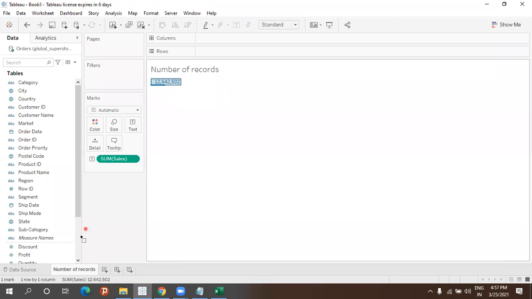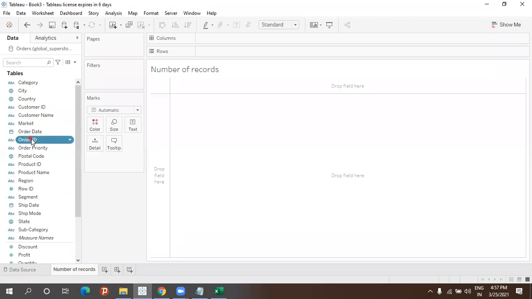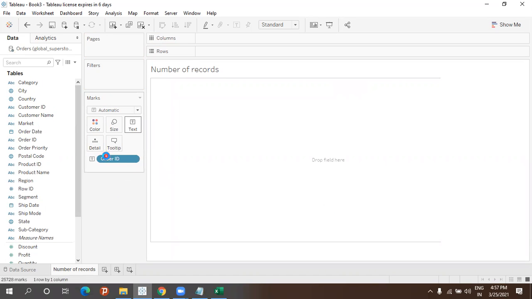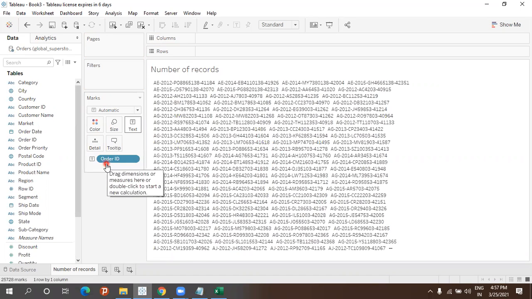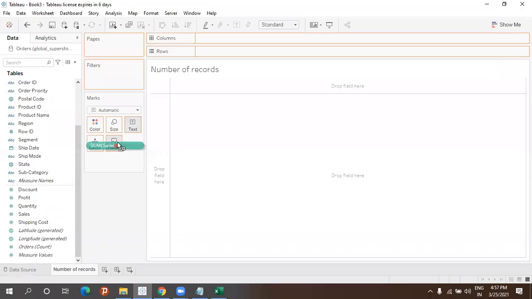Now the same thing, let me drag and drop it back here. Now what we'll do is take order ID and drag and drop it into labels, like sales.